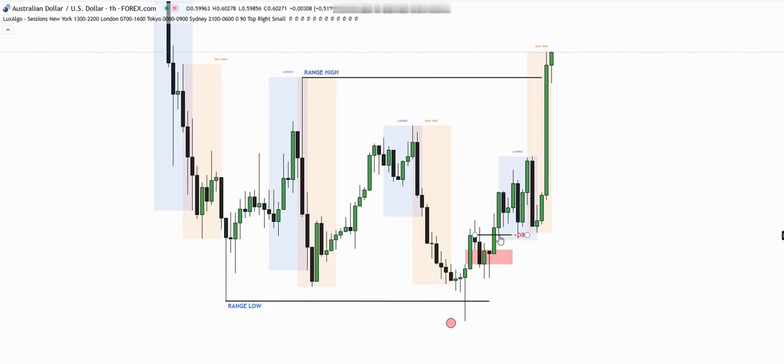Beautiful. That was my entry there. My stop loss below this swing low here, and then I was patient enough to let the price do its will. Now it played us around here. Some of you left this because some of these